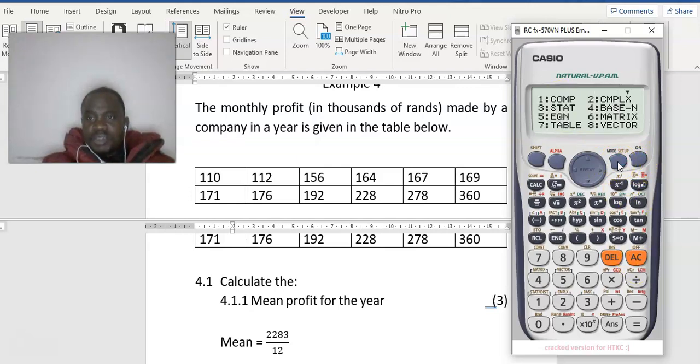Okay, let's move to setup. Then we move to start. Start is what? 3. Then you move to variant. Variant is what? 1. Then I'm going to put all this data there, which is 110,